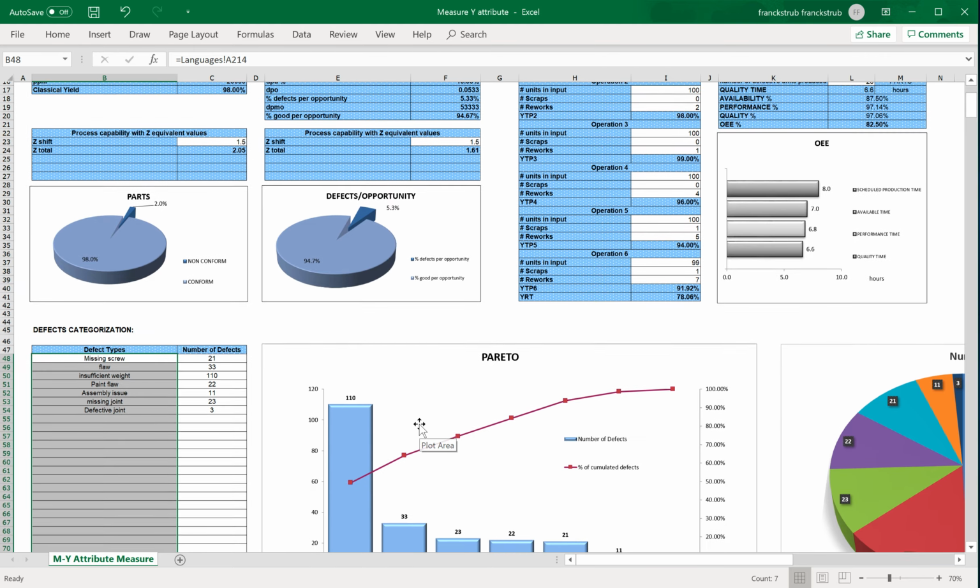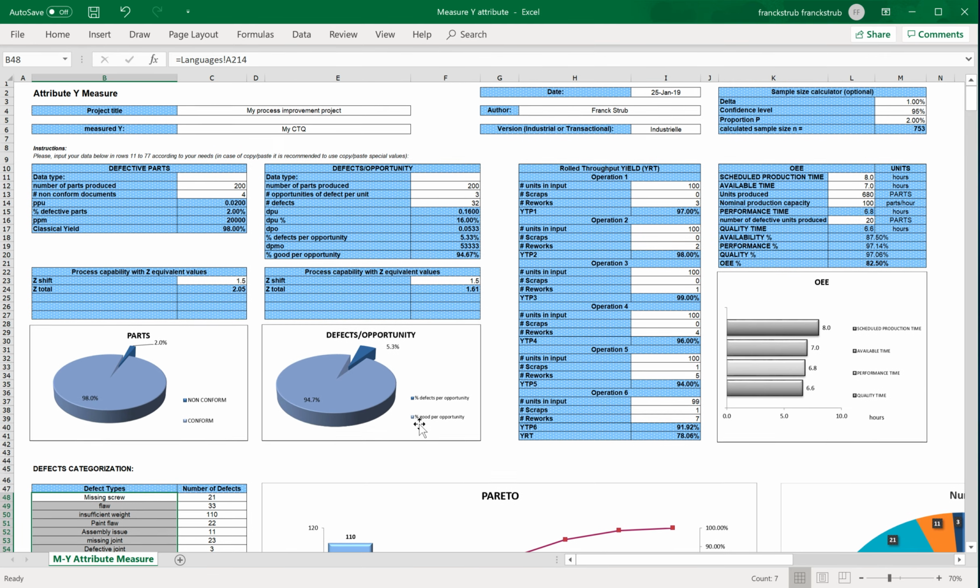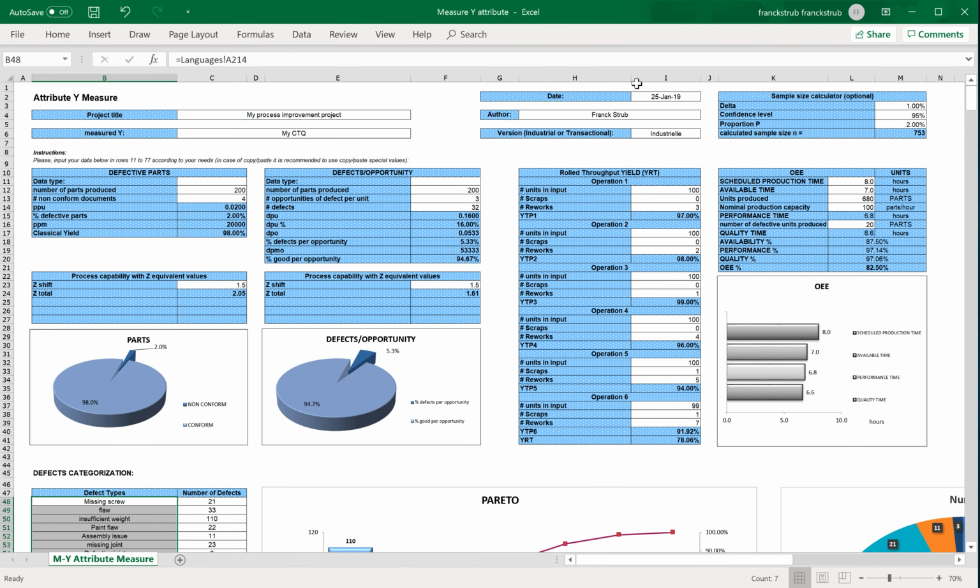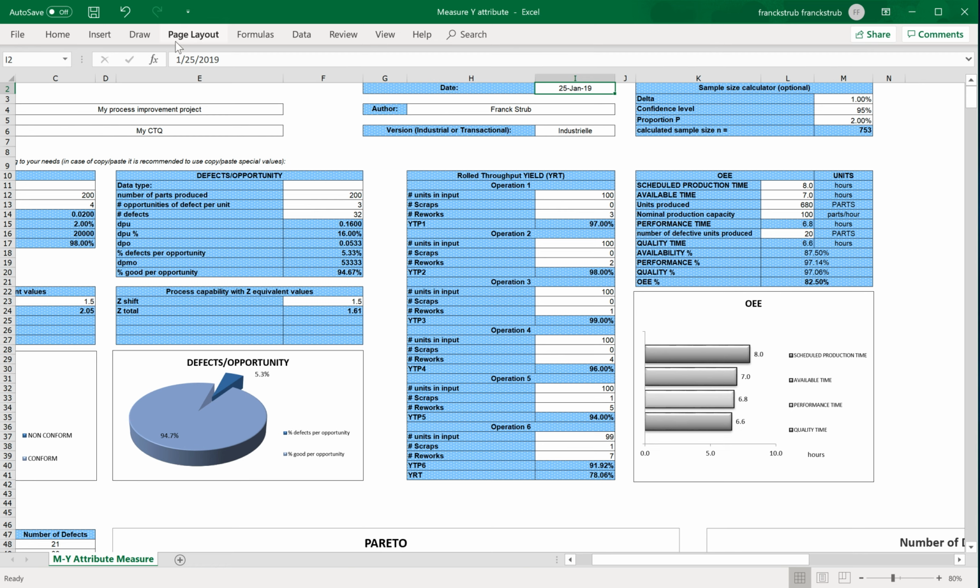Okay, so of course you will need to enter your own data, and here, as you can see, we are in May, so let's say that my date is 5/24/2019. I am the author, and I can toggle here between industrial version and transactional.